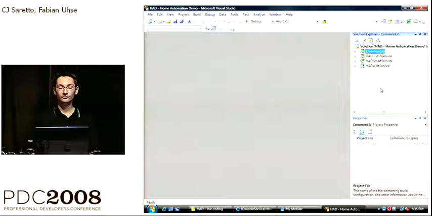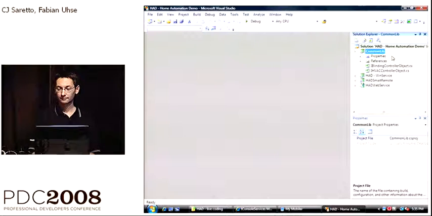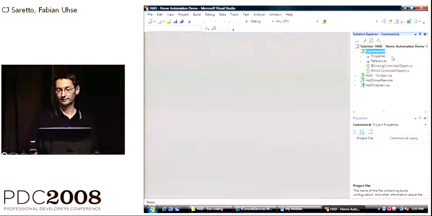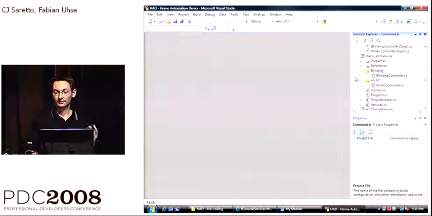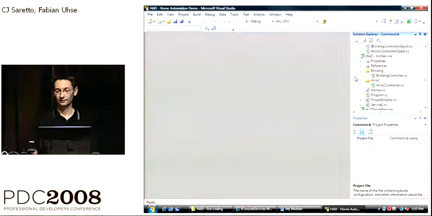The first project you can find in our solution is the common library. The common library is a class library containing two interfaces. We need those two interfaces to enable the objects to be remotable, which I'm going to show you a little bit later. The Windows Service project is the project that creates the Windows service you've seen on the previous slide.